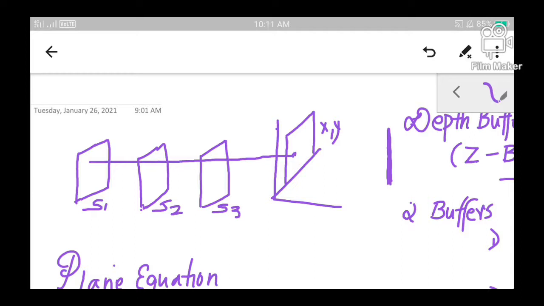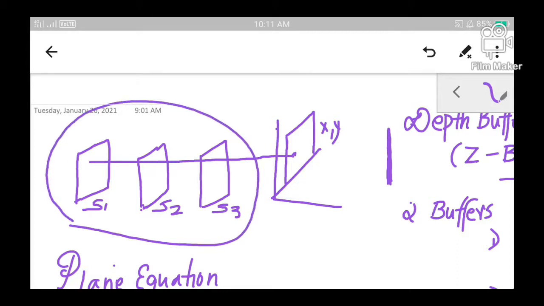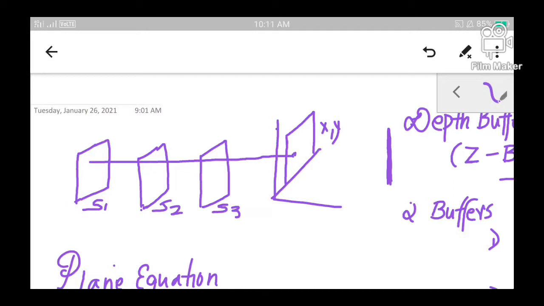Now to determine this, what do we have to do? We have to determine which of these surfaces has the smallest depth. Smallest depth means that surface is definitely nearer to the viewer. So whichever surface has the smaller depth will be selected for viewing. Clear? Now we are moving to a section where we are going to calculate the depth value. How will we calculate the depth value?